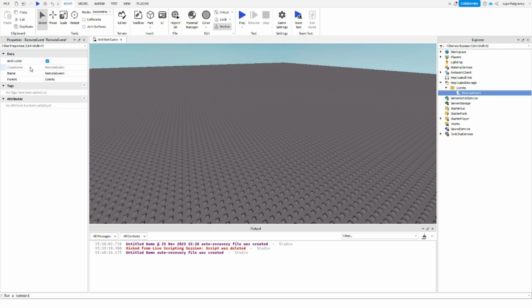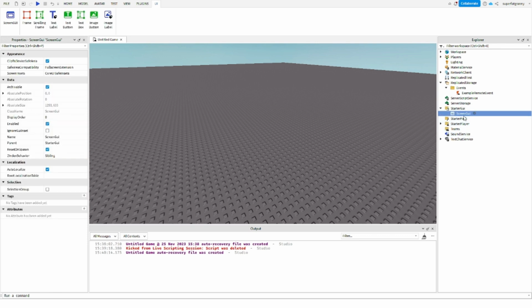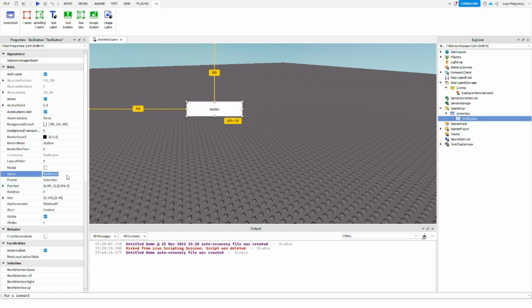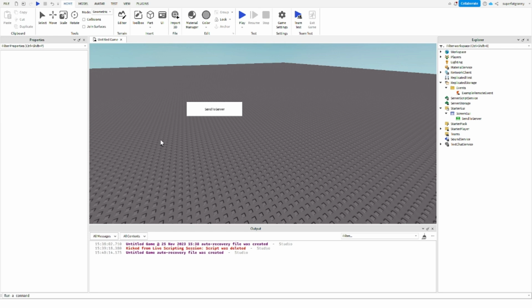Let's rename this to example remote event. Remote events pretty much just help you go from a local script to a server script. So if, for example, we have a button right here, like send to server, we'll say that's going to be the text here. So if we have this button here